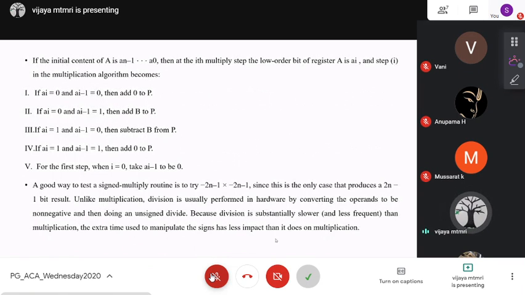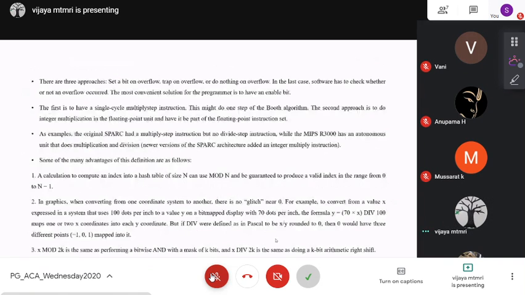So there are three approaches: set a bit on overflow, trap on overflow, or do nothing on overflow. In the last case, software has to check whether or not an overflow occurred. The most convenient solution for the programmer is to have an enable bit. So the first is to have